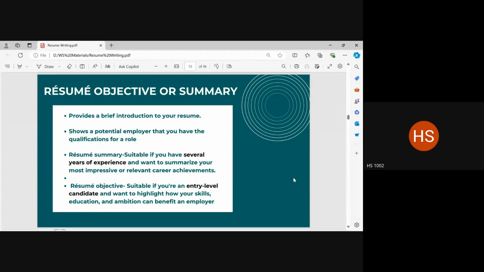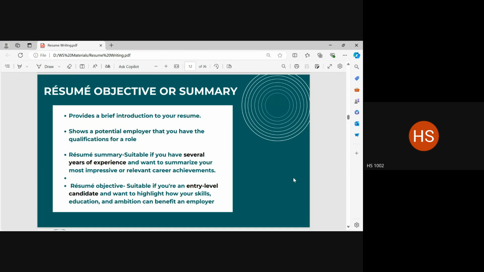So you have to choose those things which are most impressive, most relevant. You cannot add all of your experiences there. If you have several years to summarize, you use a summary.